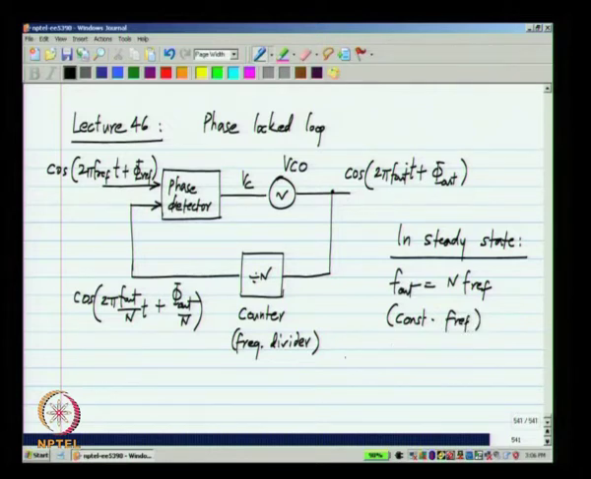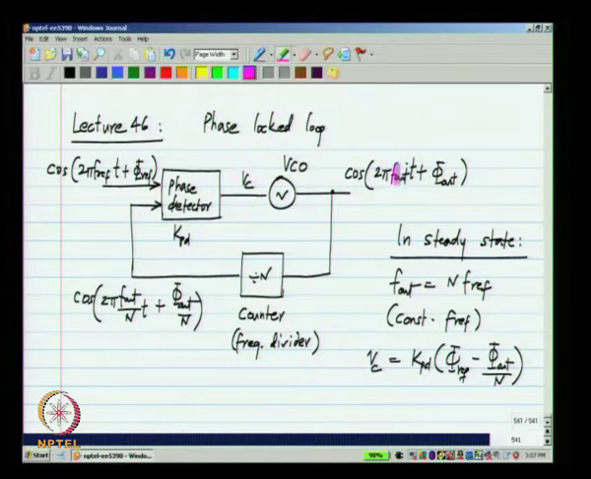and this constant value of Vc will be Kpd, that is the gain of the phase detector, times phi ref minus phi out by n. It is the difference between these two phases. The ramp parts are equal to each other, and the other parts we take the difference of and multiply by Kpd. And we also know that